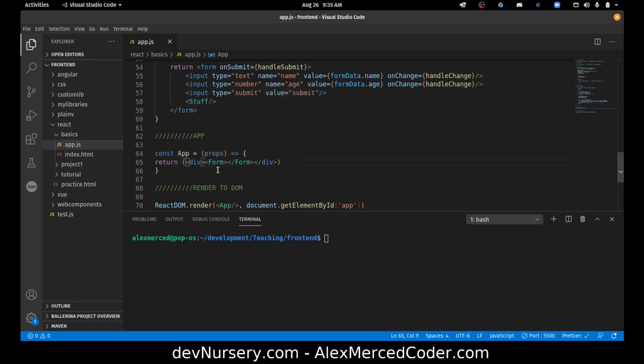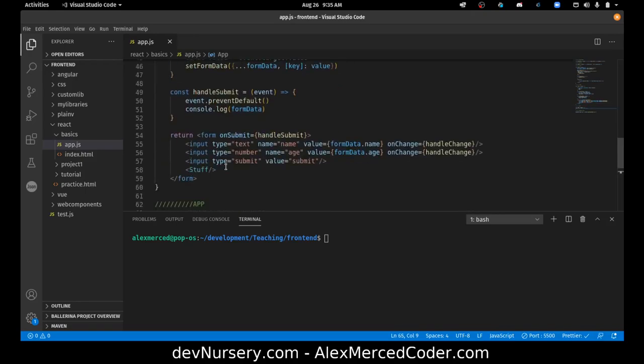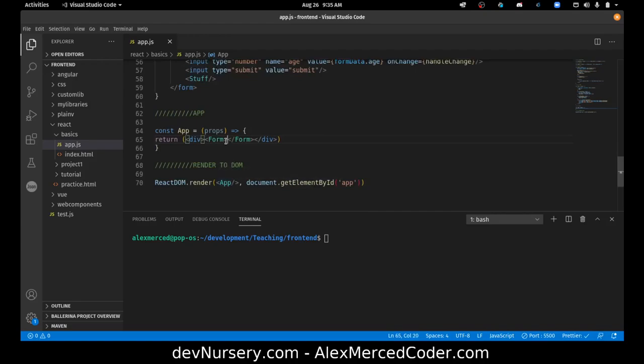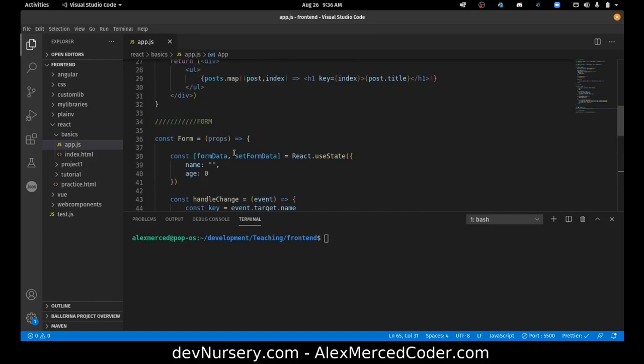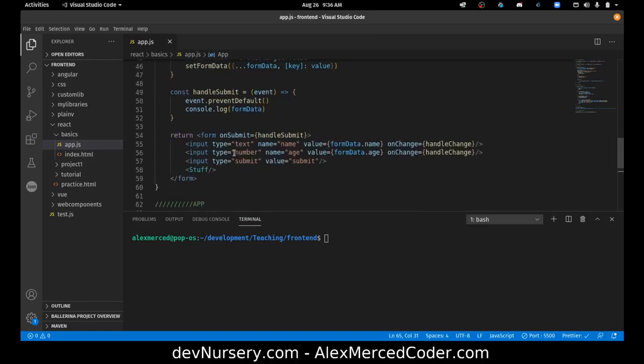First I would have to pass data onto form via props, so I would do something like this, like data equals, we'll say hello. Okay, data equals hello, and then we then pass that back down to stuff. So then I would do data equals